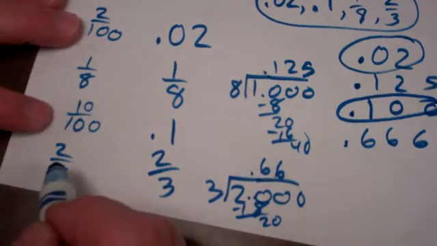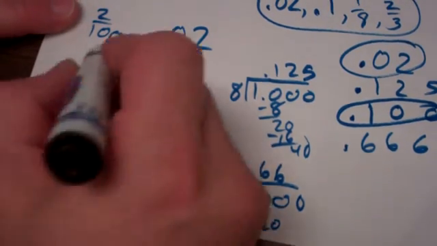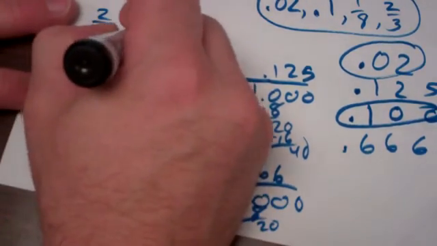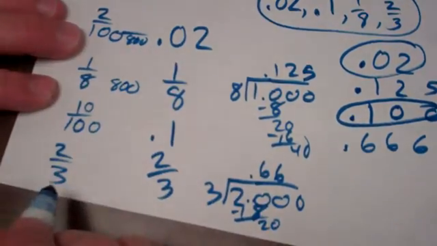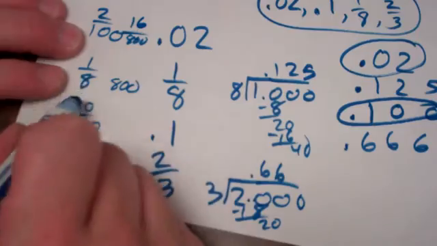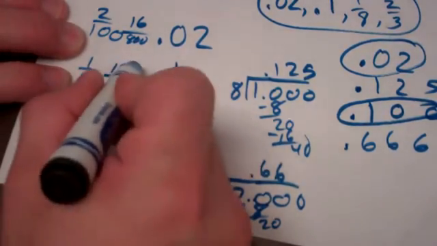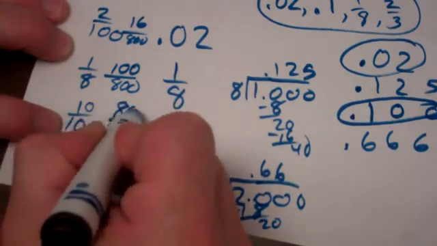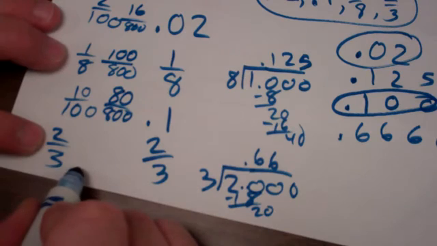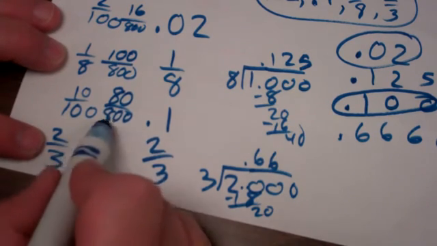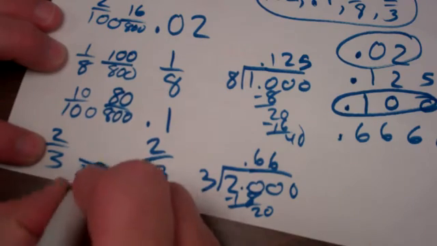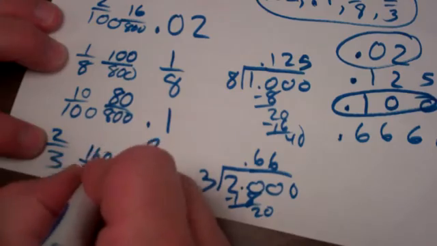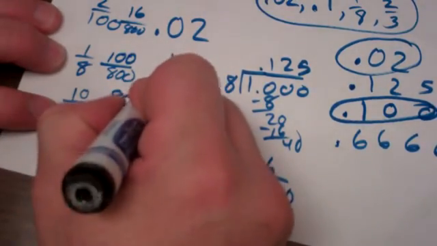Actually, we'd be going up to like 1200, so I'm going to skip that stage, but we could go to, well, let me just go to 800 first of all, because 800 is easy to get to for all these, except that one, because that doesn't go in evenly, right? Times 8, times 8, times 100, times 100, times 8, times 8. Now this one's my problem because I can't go straight to 800. So I could take 800 times 3 and go to 2400. That would be times 800, which would be 1600. Now I'd have to take that times 3, which would be, this is a little bit silly,